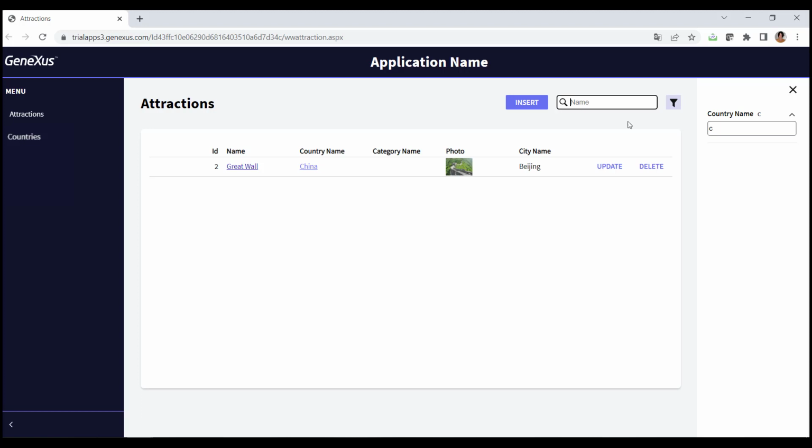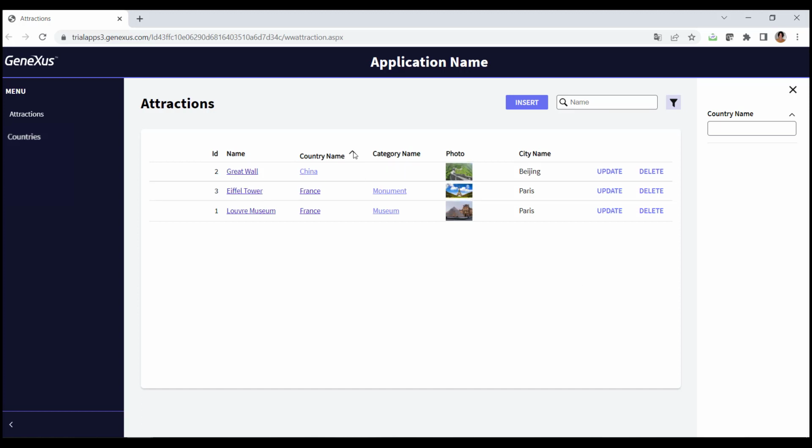Now suppose that we're asked to make it possible to order the data in the grid, whether in alphabetical order by attraction name, as we've been doing so far, or by country name. If we click on the column by which we want to order, we can see that it's already done, and that it even allows us to order in descending order. That's why we wouldn't have to make any changes to the pattern. However,